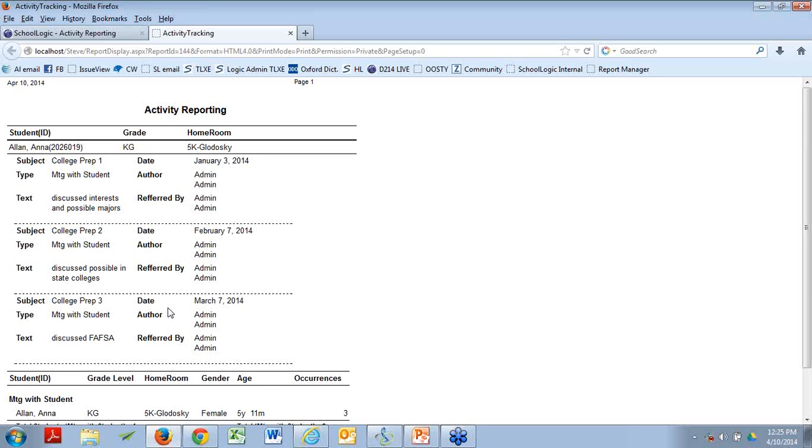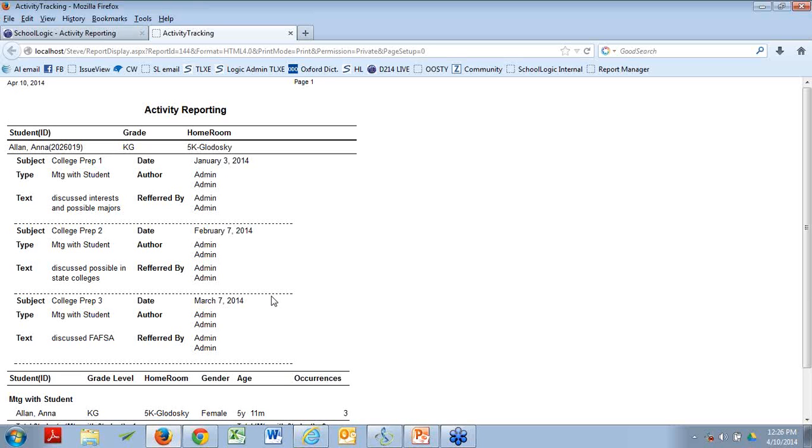Now, I can't sort this by subject in the reporting choices, but because I am tracking this progressive chain of college prep meetings, which always occur in order, it looks like I've arranged the report by subject. The truth is, it's sorted by date. The stock detailed report, which is what this is, the developers did not give us the ability to sort by anything at all to do with the activity.